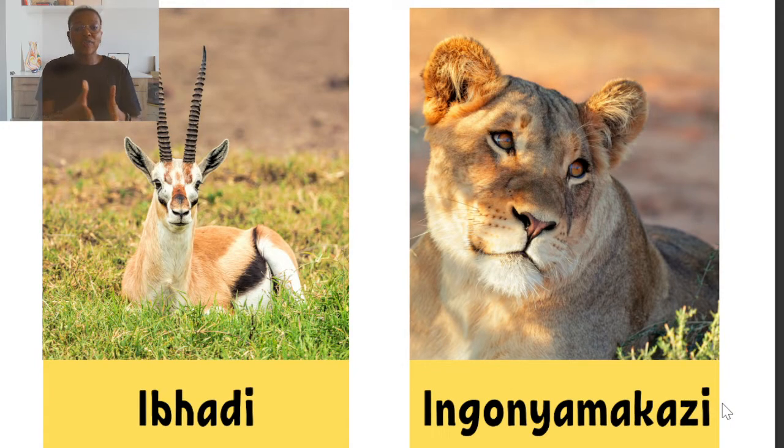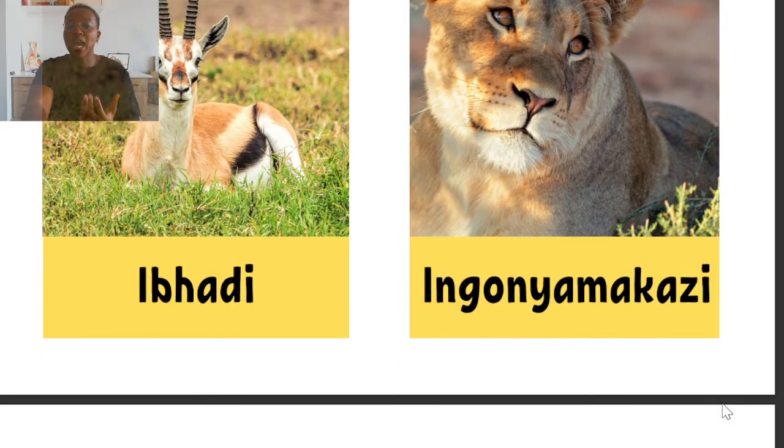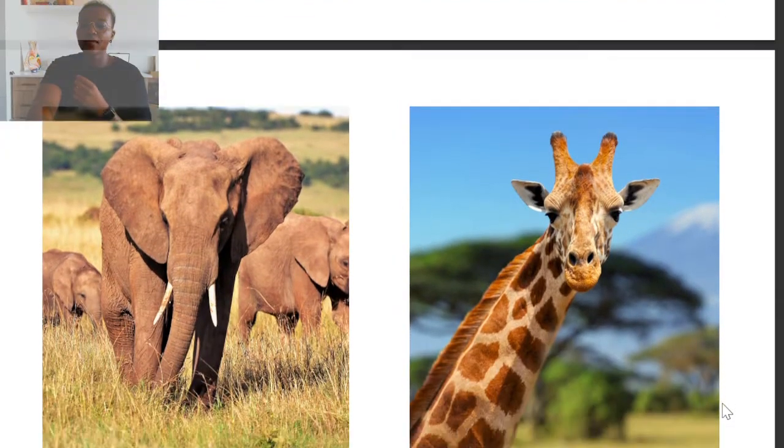Kazi. So if, for example, a man is indoda, but we can also say indodakazi, and there's also context in how you would use that. Again, I'm not going to teach you now because I want you to get into all my other stuff as well if you're really interested. So ibadi, ingonyamakazi. And then we have